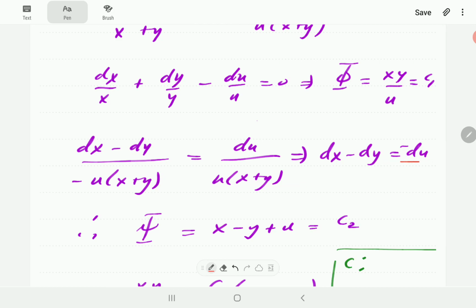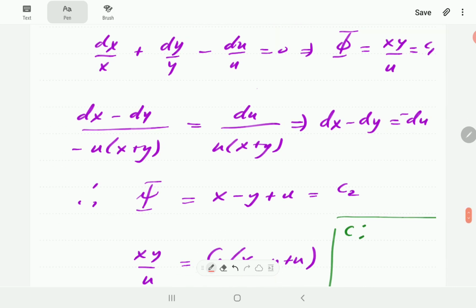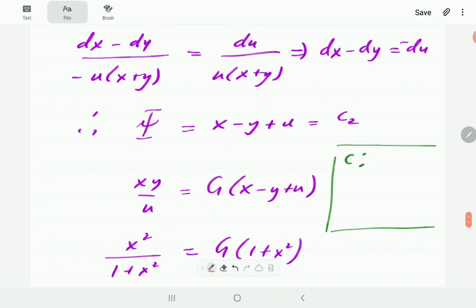Cancelling that out, this becomes our ODE, which we integrate easily, and this is now our psi. Now if we let xy over u be equal to some function of the second function psi,